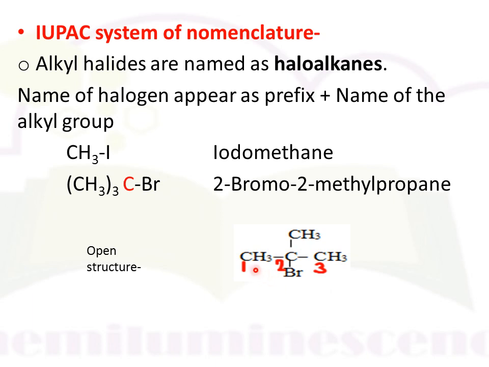Here are certain rules. We'll see those rules in detail further. We have to select the longest hydrocarbon chain to which a halogen is directly bonded. Here the longest hydrocarbon chain is this one, having a total of 3 carbons. At the second carbon there is bromine and a methyl group attached. That's why the name of this compound is 2-bromo-2-methylpropane.